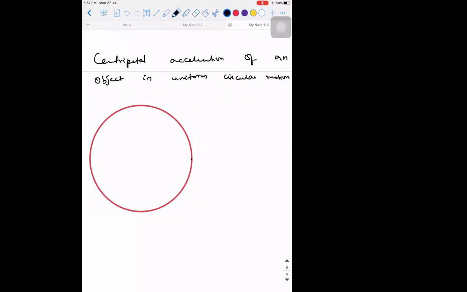So listen, guys. If I say the velocity here is v1 vector, and the velocity here is v2 vector. Now try to understand